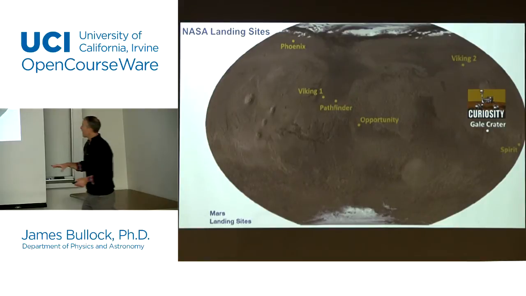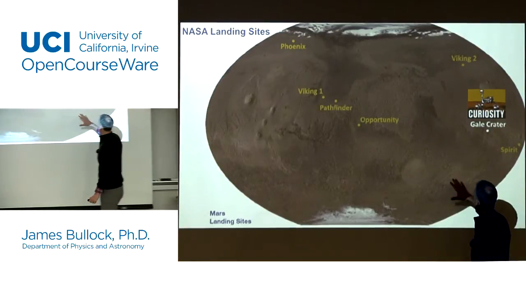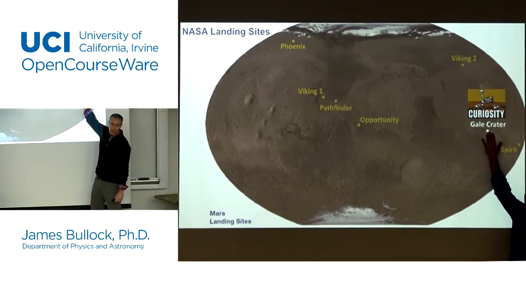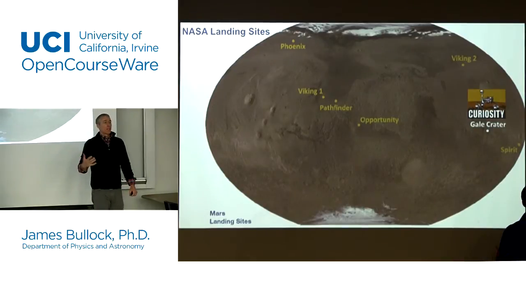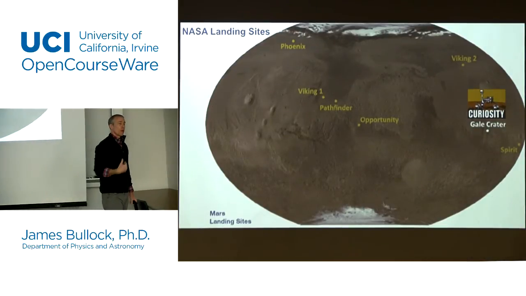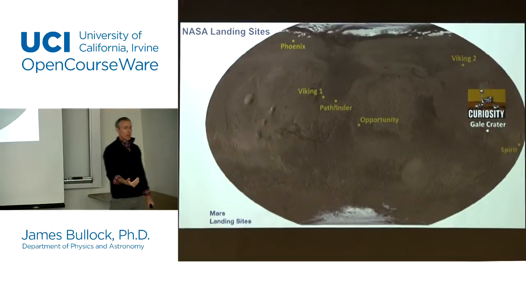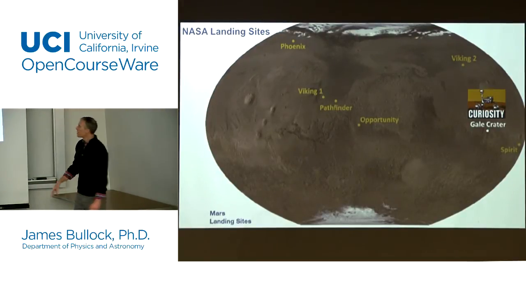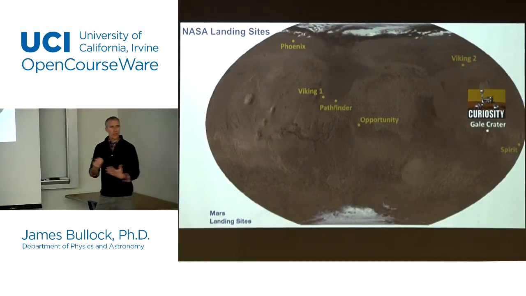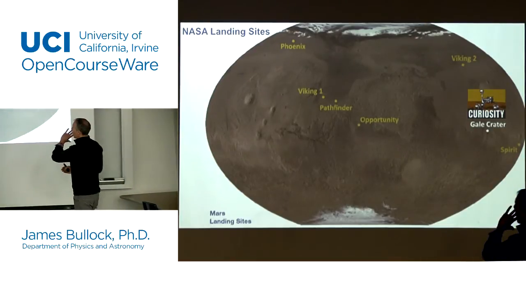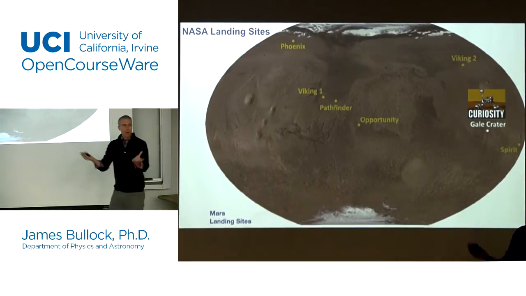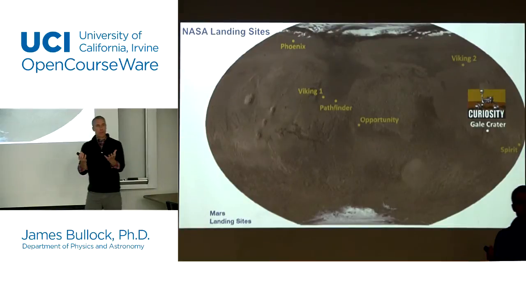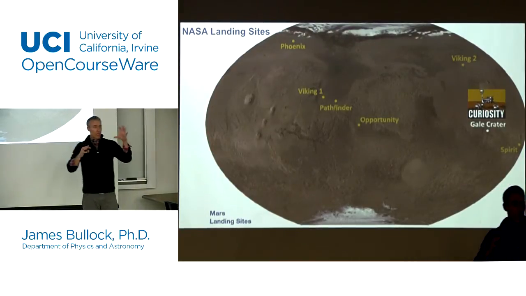But these days, there are very interesting features that we just want to explore. For example, this Gale crater is an interesting place that scientists think might provide hints of what early Mars was like because of the geological structure there. And so they'll pick it for those kinds of reasons. So there are different things that govern where we put them. And you notice they've spread them all over the globe, and they're doing that on purpose because they want to get a sense of what different regions are like.